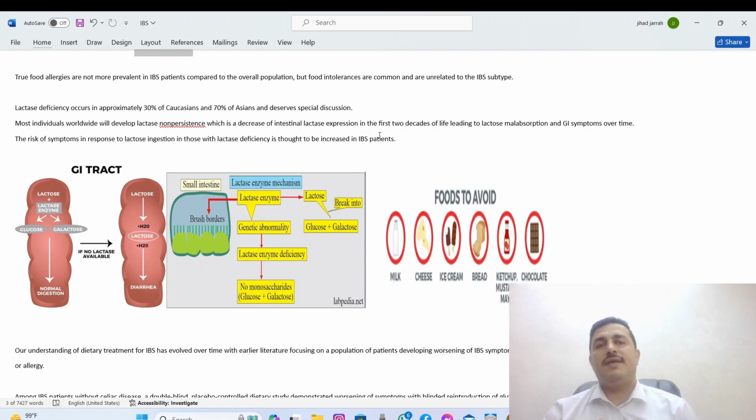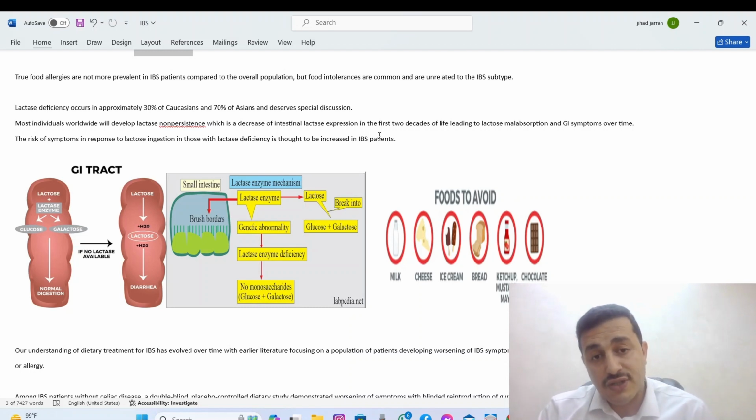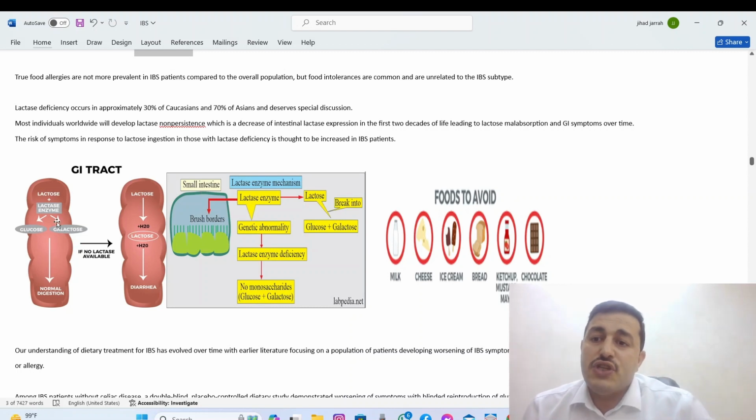IBS, irritable bowel syndrome. And when we say that food intolerance is common in patients with irritable bowel syndrome, food intolerance means celiac disease, means gluten intolerance, means lactase enzyme deficiency. These are types of food intolerance. To explain what lactase enzyme deficiency means, this is the lactase enzyme. It actually breaks down lactose to glucose and galactose, which are monosaccharides, and normal digestion happens. It is present in the brush border on the surface of the small intestine, so if it's not present, lactose will not be broken down to monosaccharides, and so diarrhea will